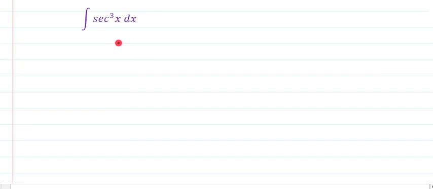Now next, let me take the integration of secant cube x that you have not done yet. So till now you have found out the integration of even powers of sec x and cosec x. Now by using by parts we can calculate the integration of sec cube x and cosec cube x, carrying odd powers. The very first step is to name it as I. Okay. Now to perform its integration, we will segregate it into secant x into secant square x dx. Now the next is to name first function and second function.